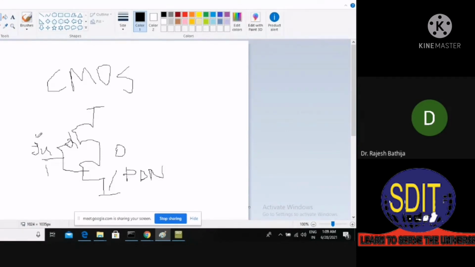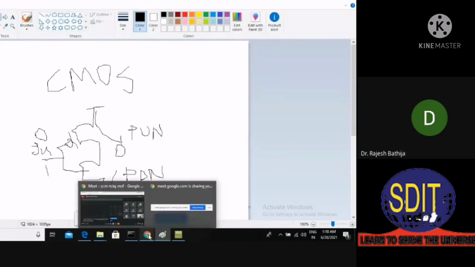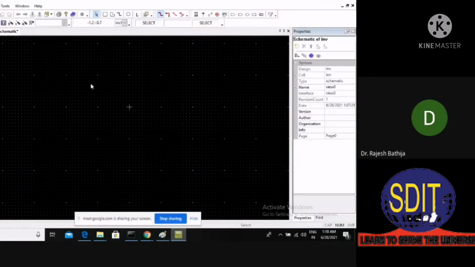If we provide 0 as the input, then this PMOS will work like a strong 0, and it will provide us a VDD path over here, and then we will get 1 over here. And that's why it is called the pull up network. So we call it PUN, pull up network. I think all of you know, because all are very respected faculties, but I have to introduce these things so that nobody is left behind with the inverter, right?